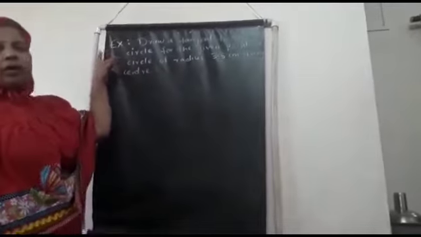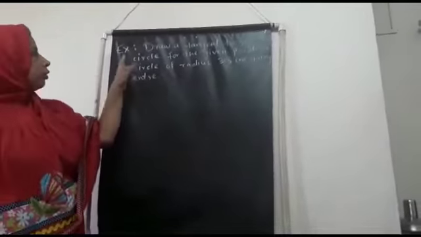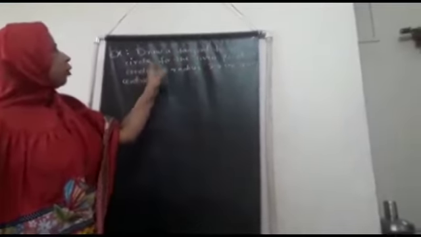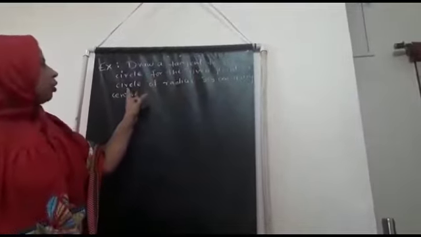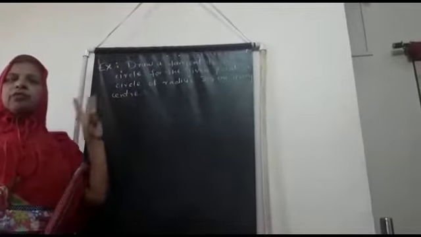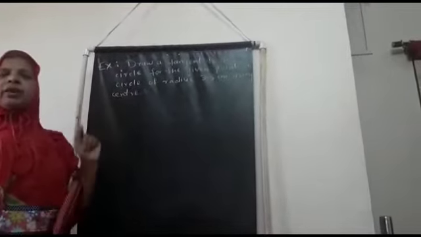Now I am showing the steps of constructing a tangent to the circle. I will explain with an example. The example: draw a tangent to the circle for the given point on the circle of radius 3.5 cm using the center. There are 3 different methods to draw the tangent to the circle. Now I am going to show the steps.